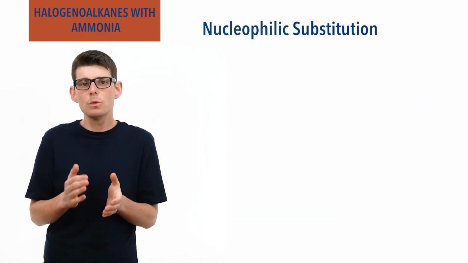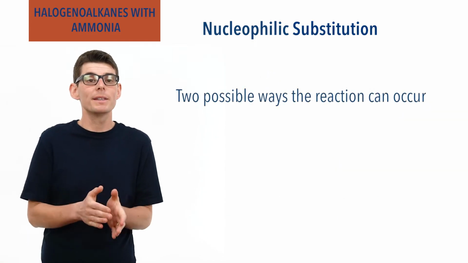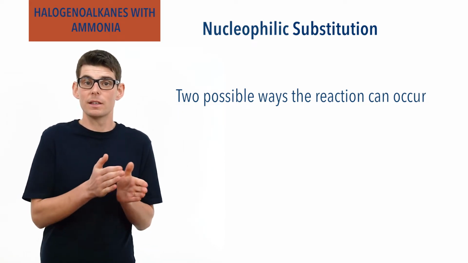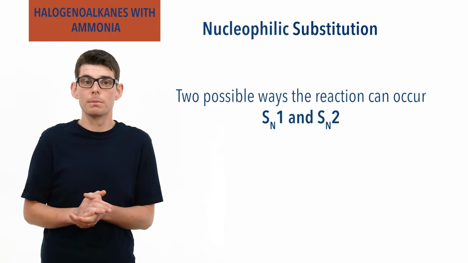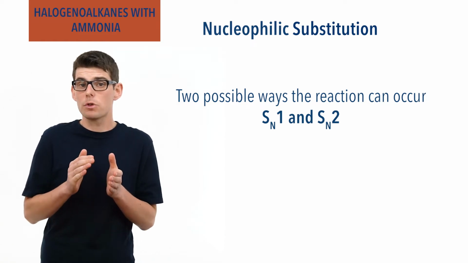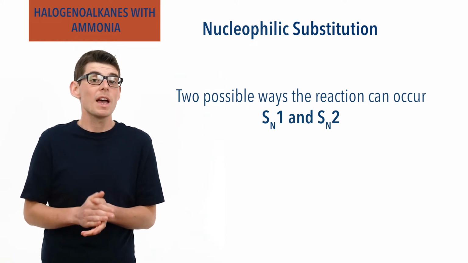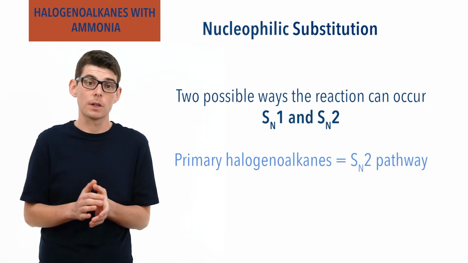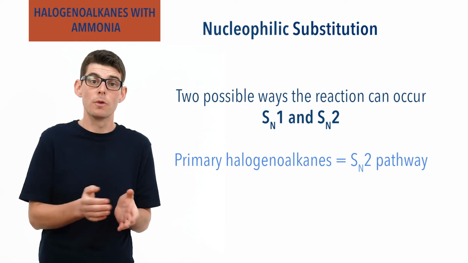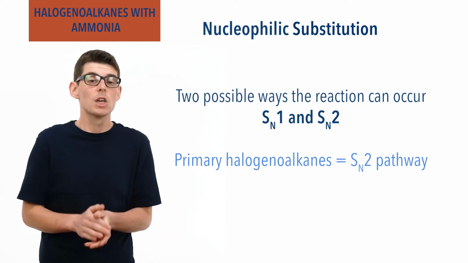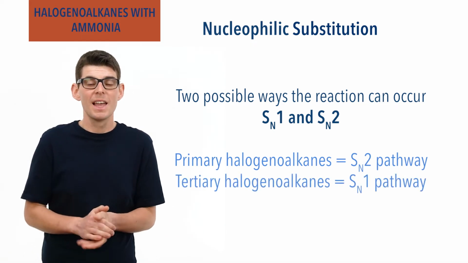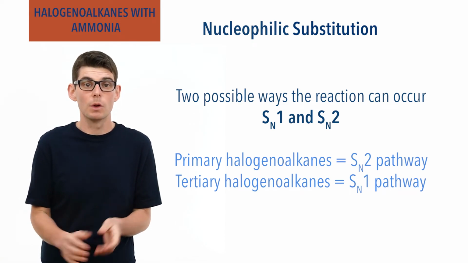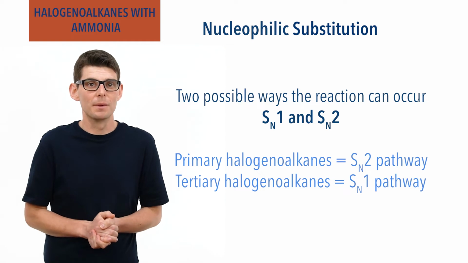There are actually two ways this reaction can occur, depending on the type of halogenoalkane reacting, and they are referred to as SN1 and SN2 reaction pathways. The examples shown in this video are SN2 as primary halogenoalkanes are used. For an SN1 mechanism, the carbon-halogen bond has to break before the nucleophile, in this case ammonia, can form a bond to the carbon. SN1 and SN2 mechanisms have been covered fully in a separate video. Check the links in the description below.